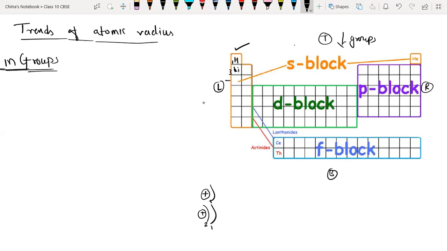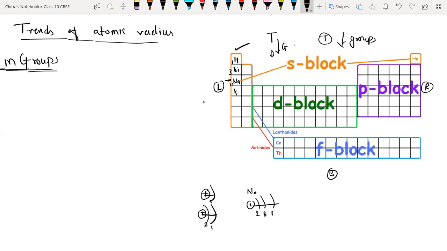Then in the third period, the first element is sodium, and sodium has atomic number 11. So for sodium, we will require 3 shells. Here we have the nucleus, first shell, second shell, and third shell. In the first shell 2, in the second 8, and in the outermost shell 1 electron. So here we have 3 shells. As we are moving top to bottom along the group, each time new shells are being added. Here we have 1 shell, here 2 shells, here 3 shells. Likewise, potassium has 4 shells.